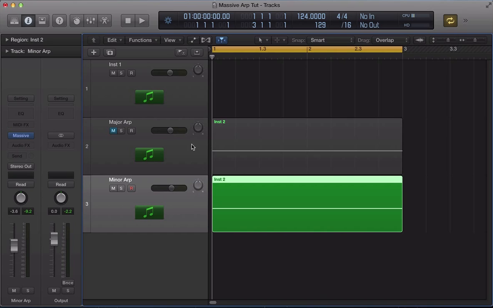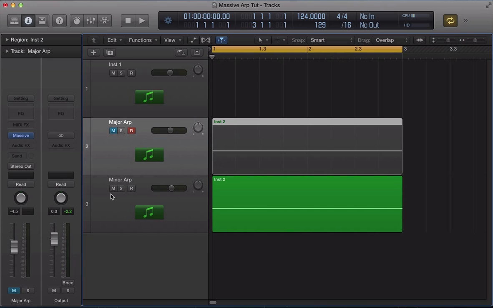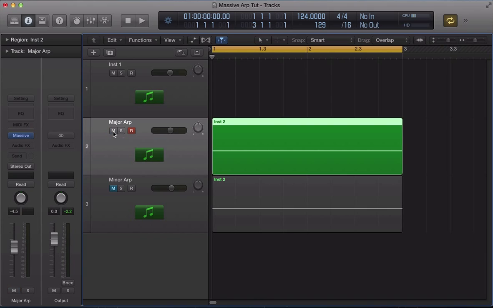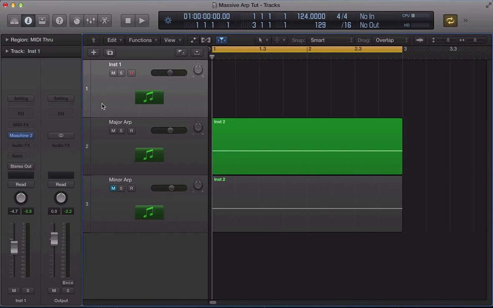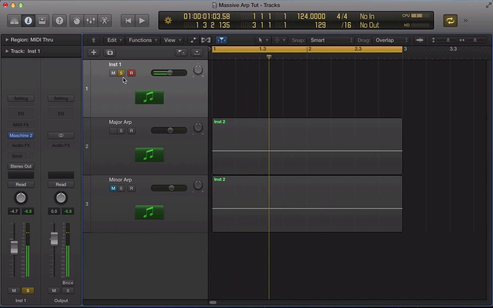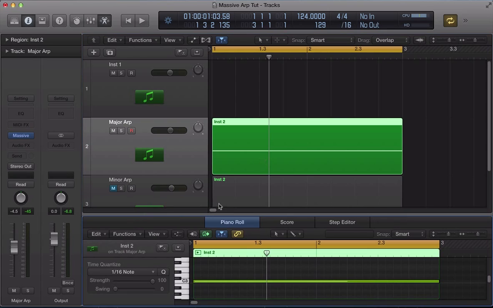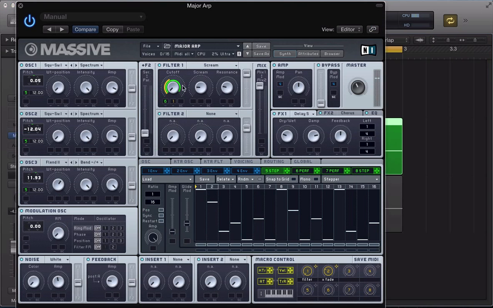But we're not necessarily going to recreate these sounds, but recreate similar arpeggiator sequences and discuss just how to create arpeggiator sequences either in a major or a minor scale. So I've got this basic beat going on. This is just the Machine standard drum beat, and this major arp here. Let's look at the major arp first. All I've got in here is this sustained C3 note, and let's go over to Massive and